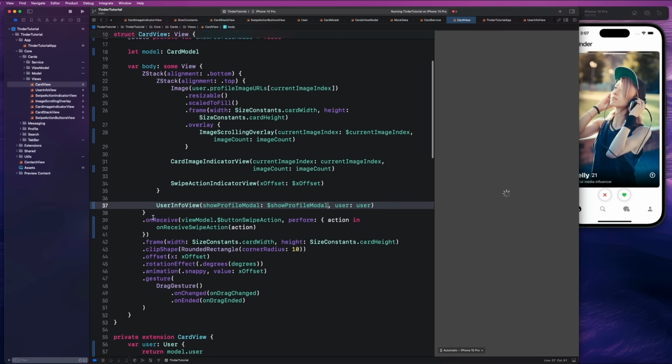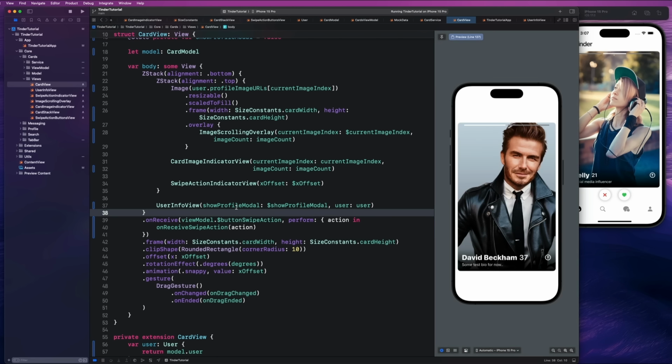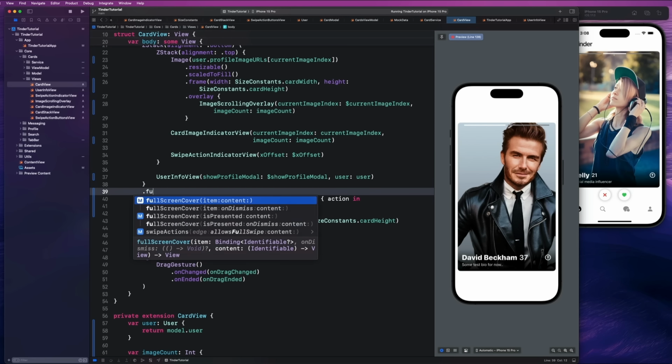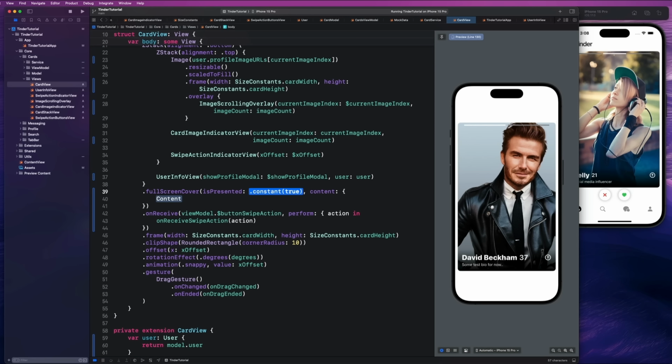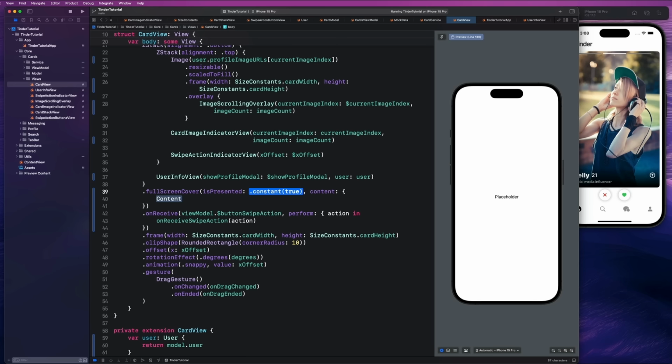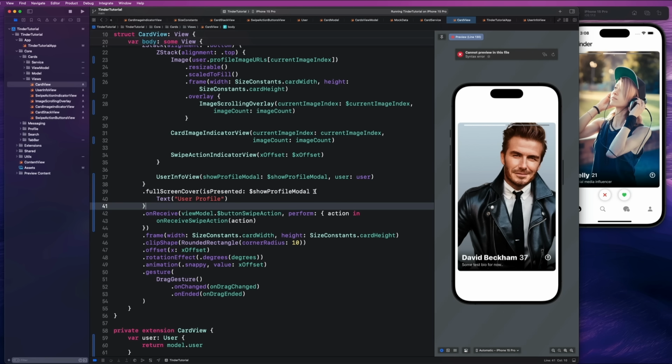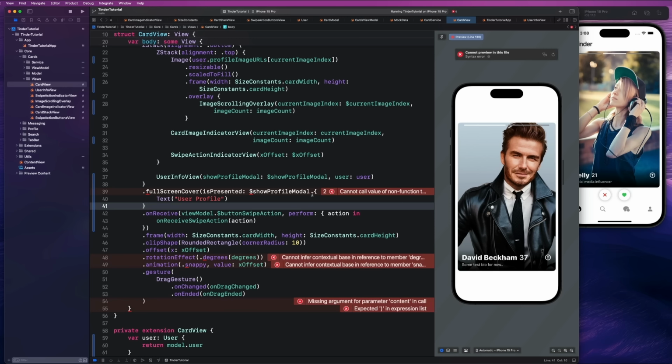Sweet. All right, so now we have the ability to toggle that property, right? Now we just need to add a full screen cover modifier to our ZStack here to show that full screen cover that is going to be our profile view when this changes to true. So it should be pretty basic, guys. We're just going to say fullScreenCover isPresented, content. And we are going to say it's going to be linked to the showProfileModal. And here we can just say Text user profile for now. And I always like to delete this content label. We don't need it, so just delete the content label,